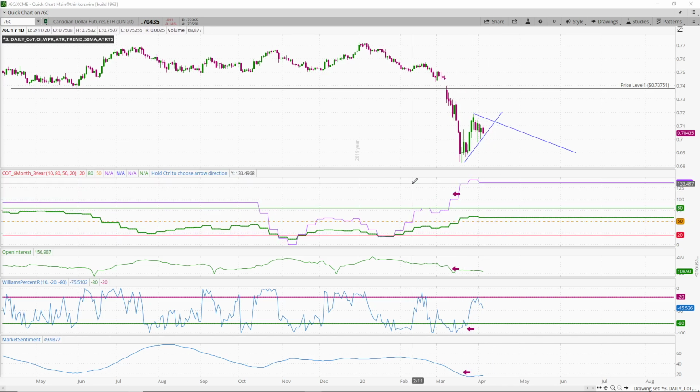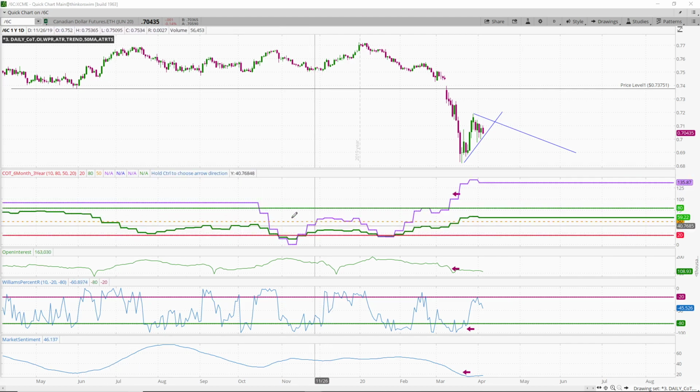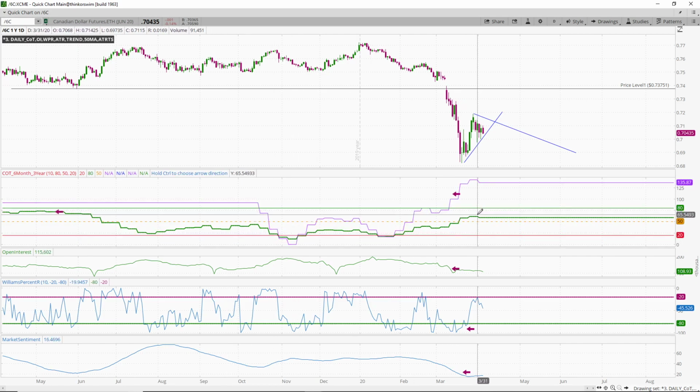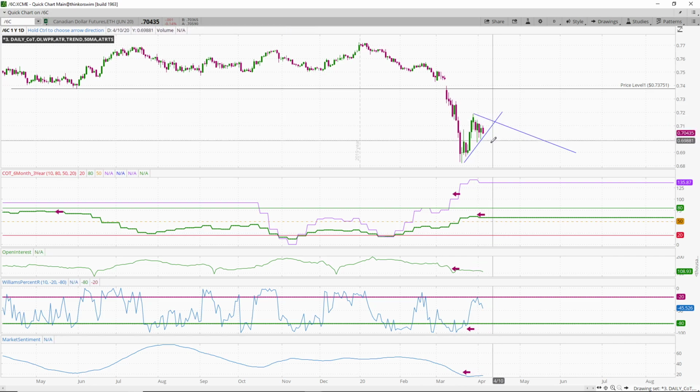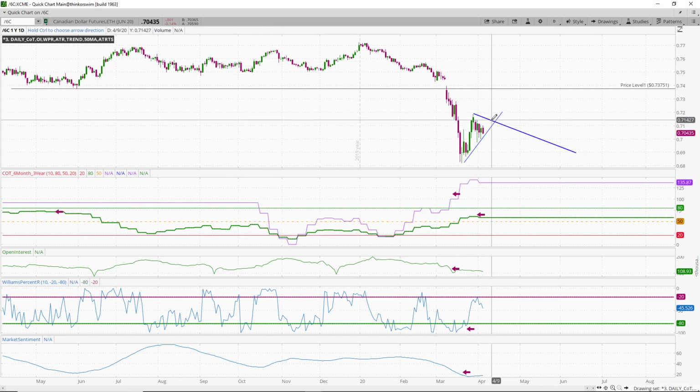These are new highs on the 6-month index. Not quite pushing it on the 3-year index. A lot more data to work with, but I mean, there's our high for the last year's worth of data. We're just about up at the same territory. So quite a bit of selling off going on, nice bounce, and this did not retrace like a lot of the other currencies. So I'm of the mind of saying that commercial interest has got this right, and maybe the Canadian dollar can trek higher a little bit.